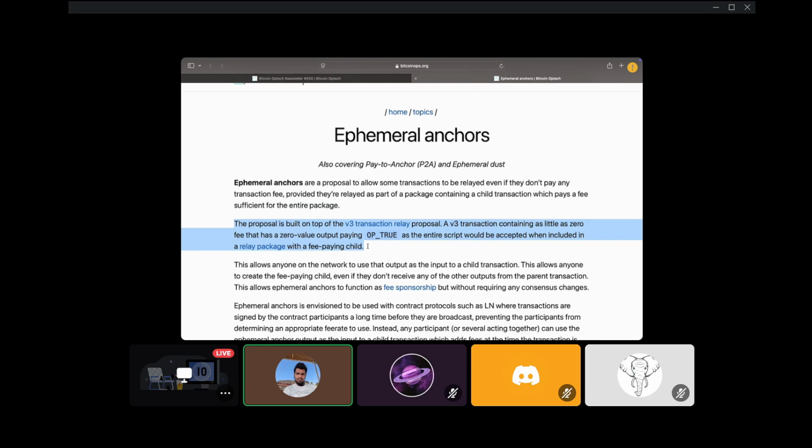Okay, so all three of my assumptions came true. Ephemeral anchors are basically outputs that have zero value, that pay zero fee, and pay to an OP_TRUE script, and their only use case is to mitigate pinning. Not the only use case, but an often mentioned use case is that they are used for mitigating pinning attacks. So you attach a child to them, the child bumps the fee of the parent, and you broadcast them as the topology of one parent, one child, and they will be broadcast to the mempool as a TRUC transaction, and they will now be deemed as standard transactions. That's what this PR achieves.